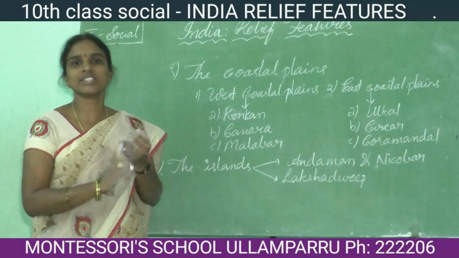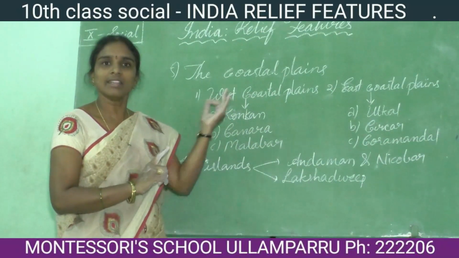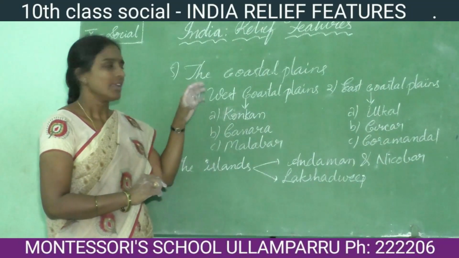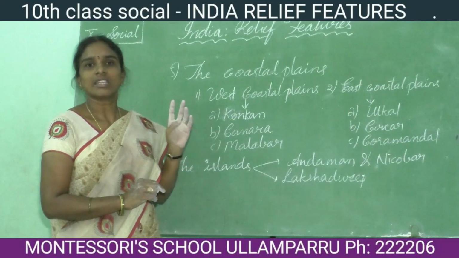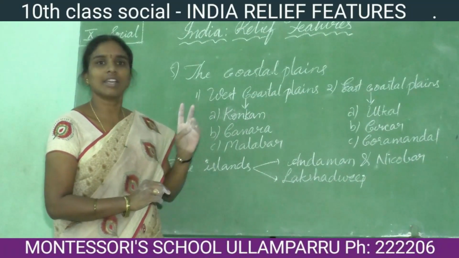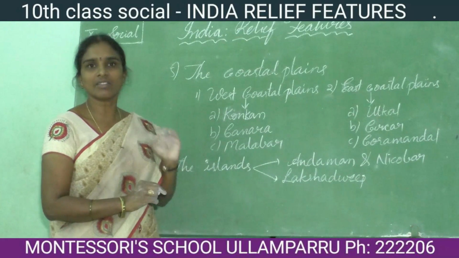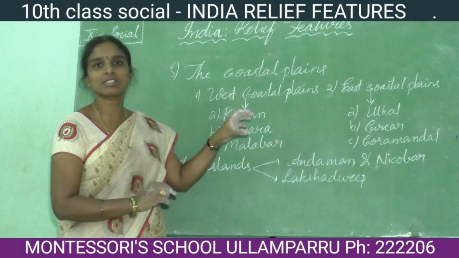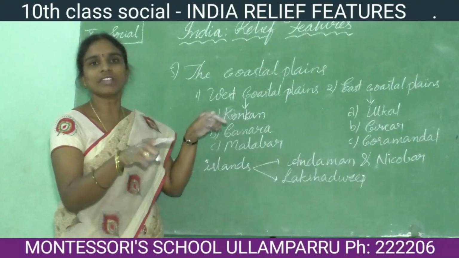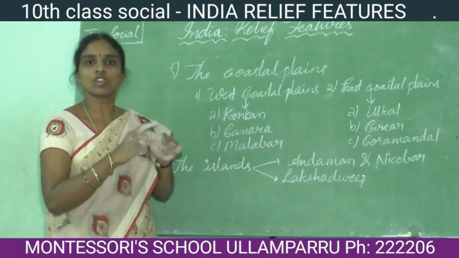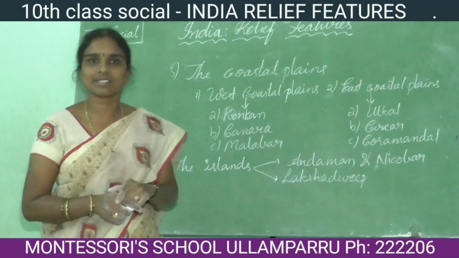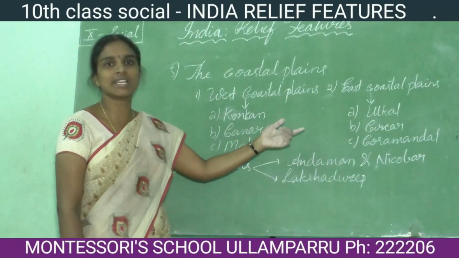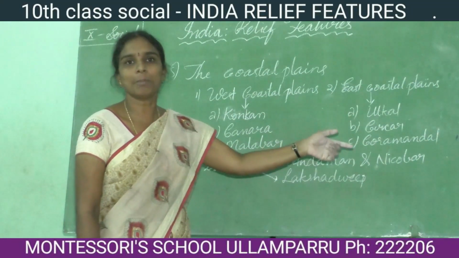These are the two rivers which start from the Western Ghats and flow back towards the west, draining into the Arabian Sea. But the rivers Godavari, Krishna, Mahanadi, which start in the Western Ghats, flow towards the east because of the slope of the Deccan Plateau. The slope of the Deccan Plateau is tilted towards the east. That's why even though they start in the Western Ghats, they flow towards the east. Finally, they drain into the Bay of Bengal.